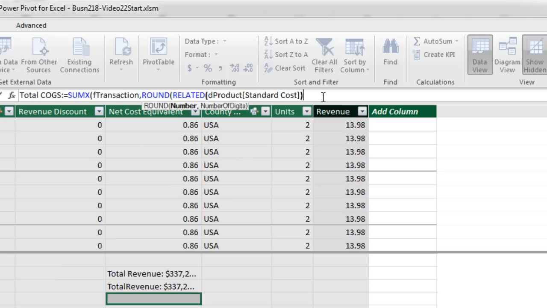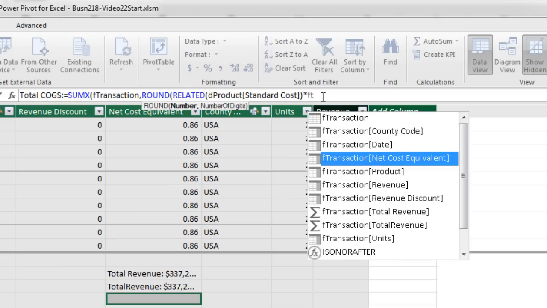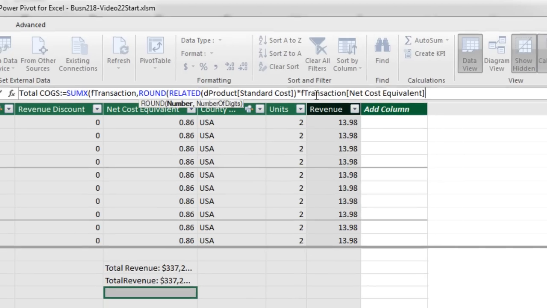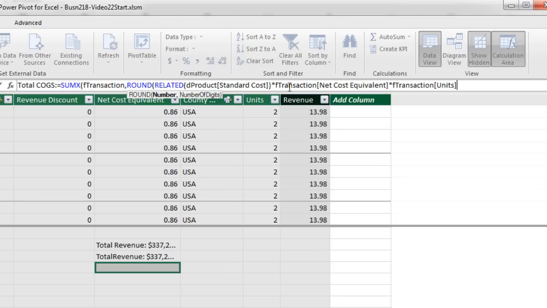And I'm going to multiply it times net cost equivalent, FT down arrow to the net cost equivalent tab, times FT and the units tab, comma, and now I need to round it to number of digits 2,